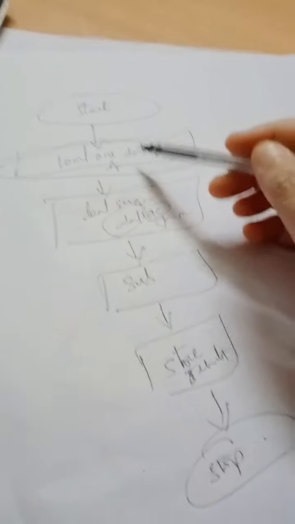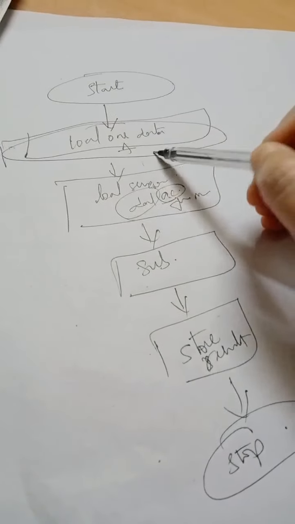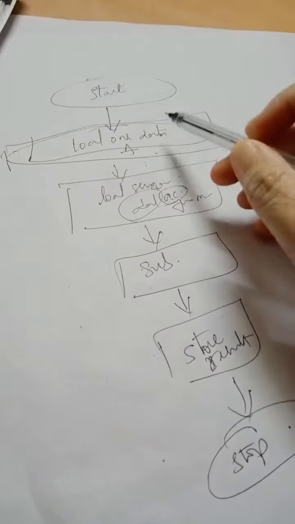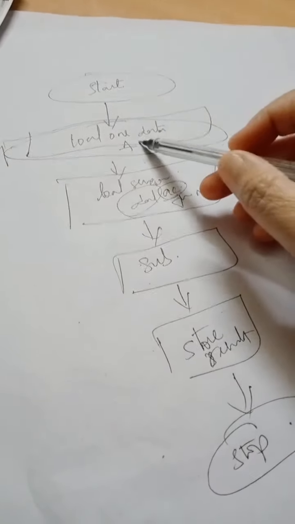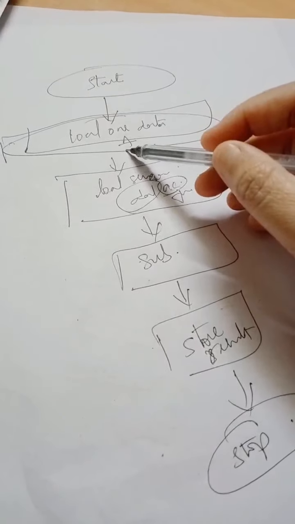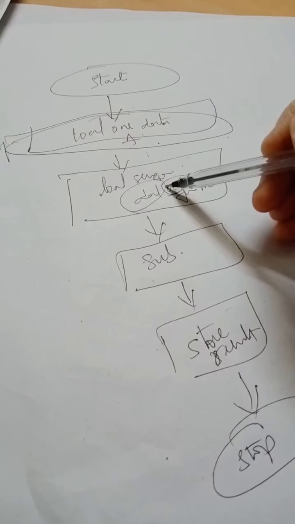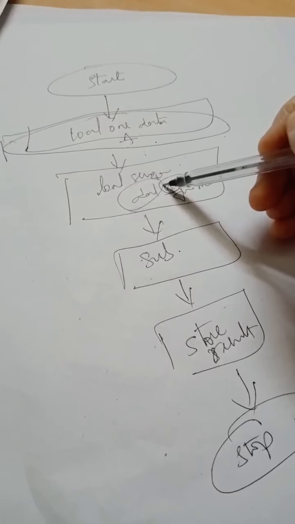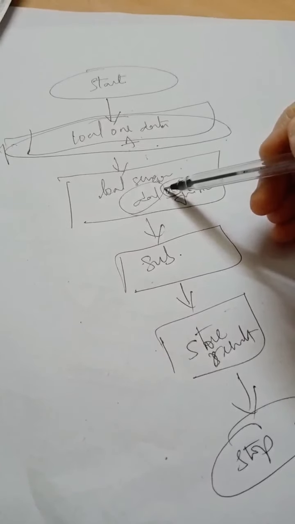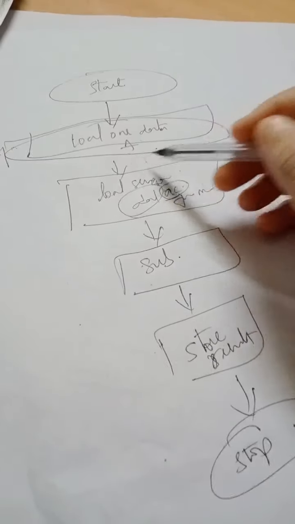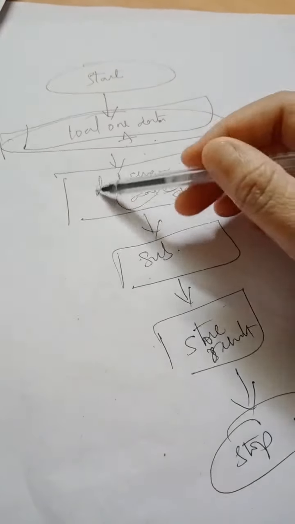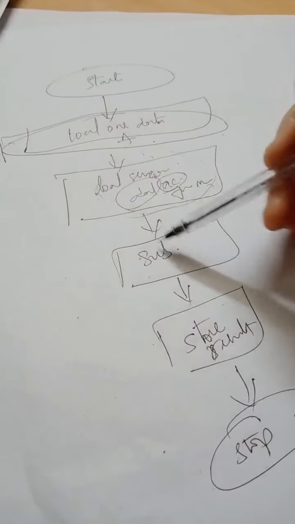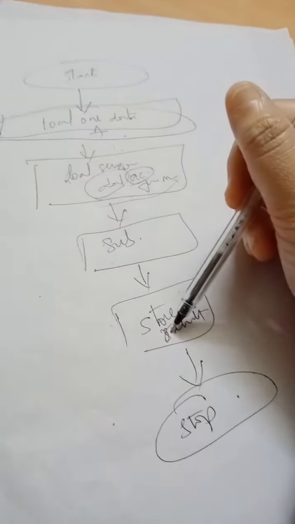In the algorithm, there is no need to say that the first accumulator data will be transferred to some other register, because it is directly understandable. When you want to load the second data in the accumulator, obviously you will empty the accumulator by transferring the data to some other register. After transferring, you will load the accumulator once again. Then you will subtract both the data.